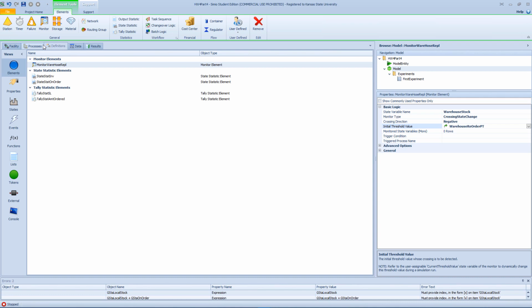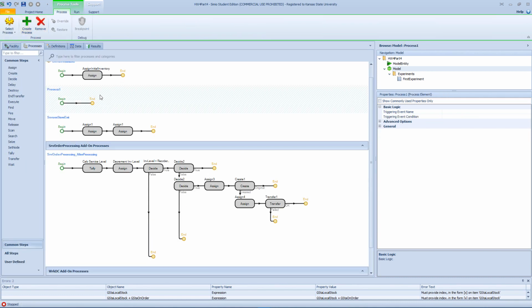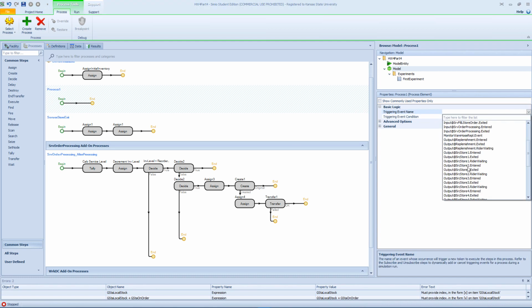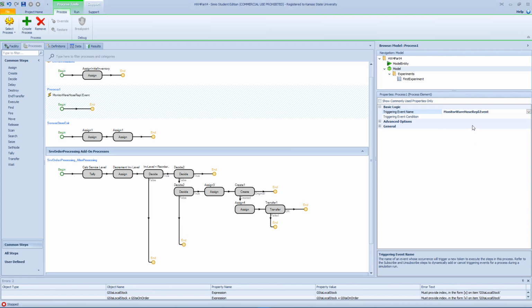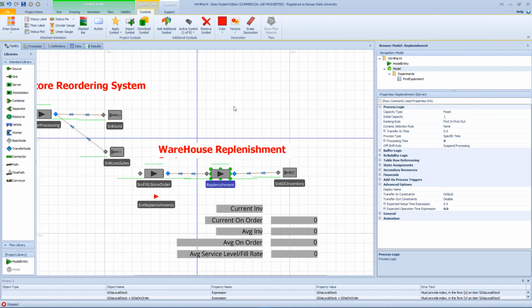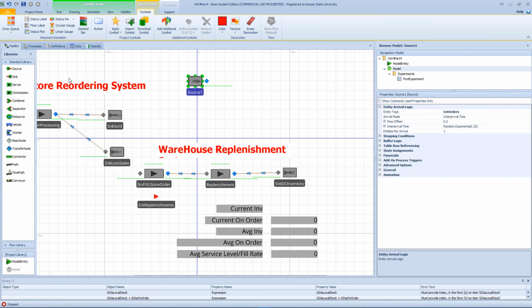Once that happens, we create a generic process triggered by this trigger event called monitor warehouse replenishment. Okay, so triggered by this warehouse condition, there are several ways to do this. You can use this monitoring event like we had before, create another source and sink, and link with the time path,